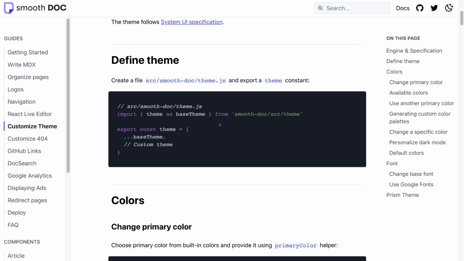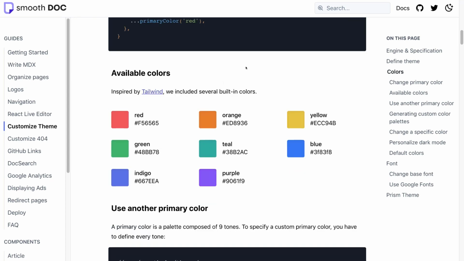Like many people, if you don't know what component shadowing is, I highly recommend you watch any YouTube video on component shadowing. But in a very vague definition, it means overriding the default behavior of the website. SmoothDoc supports many default themes like red, orange, yellow, purple, indigo, and green. By default the theme is purple, but let's say I want to change that to green. How can I change that?